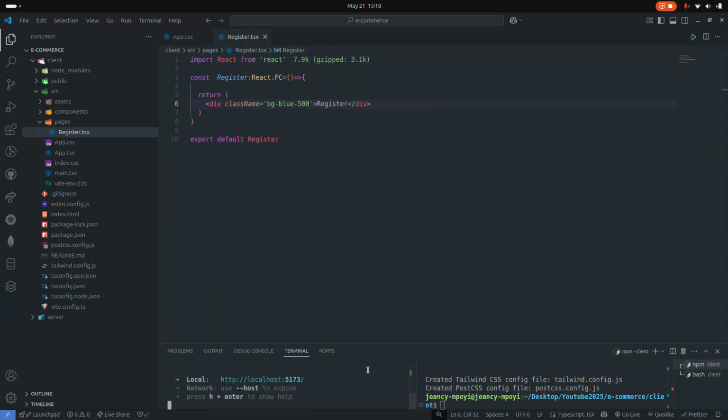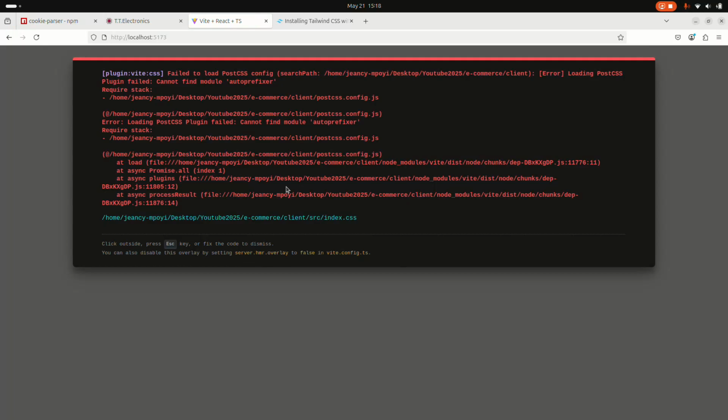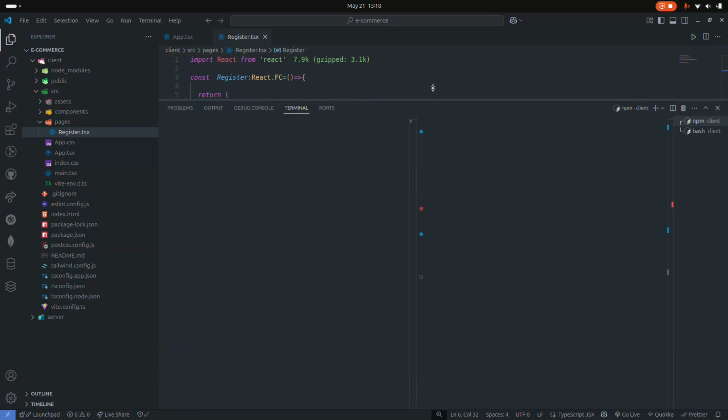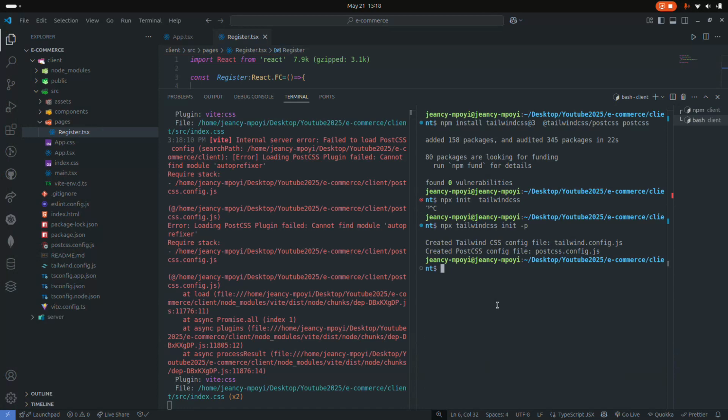And then restart the application. Come here again and refresh. Okay, there's an error, auto prefixer or module auto prefixer. Okay, good. We did not install every stuff as expected. That is why. Okay, nice. Let us install it using development mode. Tailwind development mode. Okay, so let us do something like npm install